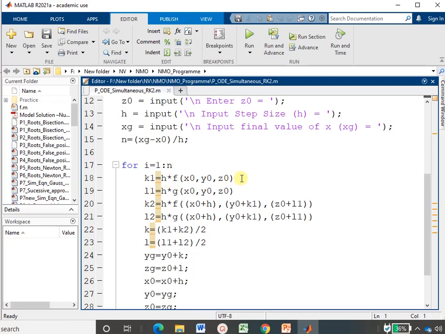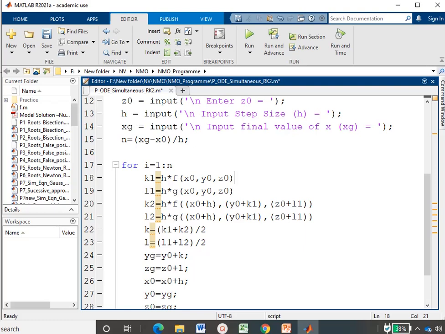Here intentionally I am not using the semicolons at the right hand side of each variable, so that's why you can see here the red symbol will occur. If I put the semicolon, it will be gone. This semicolon does not give any error for the program. The semicolon is just used to suppress the answers. So if you use the semicolon, these k1, l1, k2, l2, k and l values are not printed on your output screen. And when I remove the semicolon, the variables will be printed on your output screen, so you can observe the values of k1, l1, k2, l2, k and l.